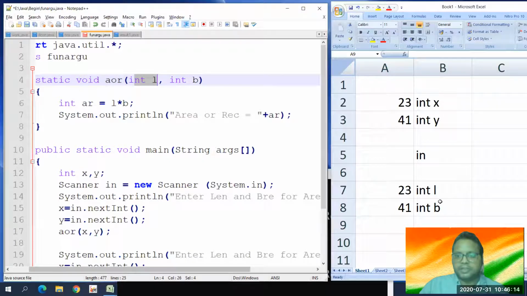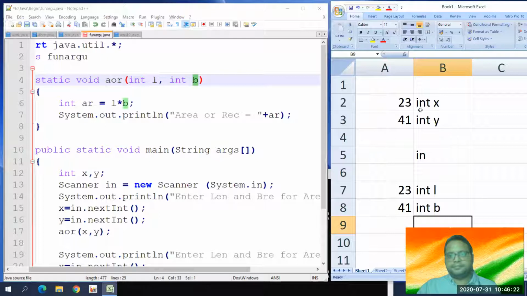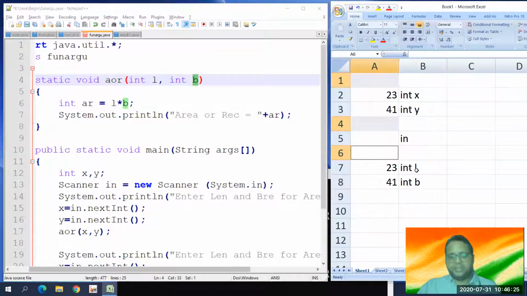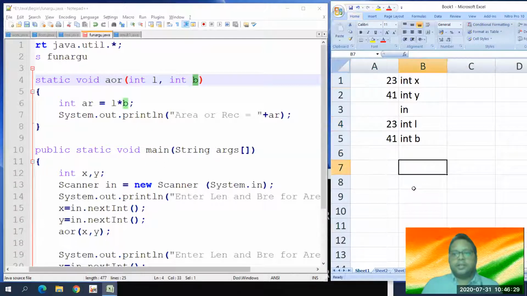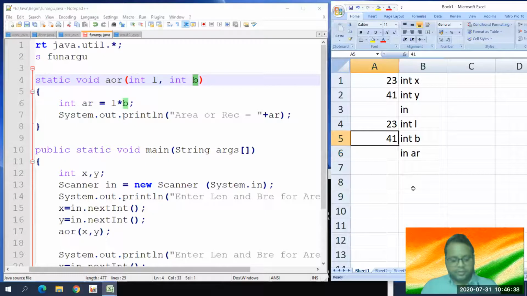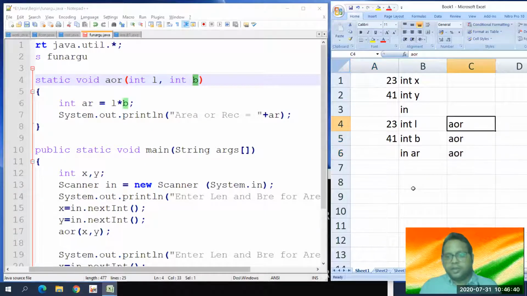You can see the status of RAM very clearly. Then int ar is created. Let us delete the extra spaces. int ar is also created now. And yes, all these variables are part of function AOR, while these variables are part of the main function.